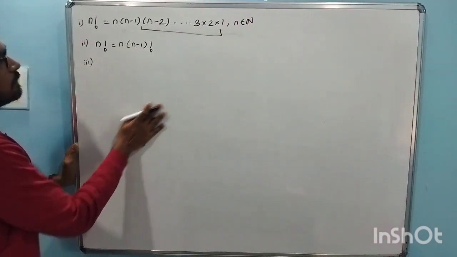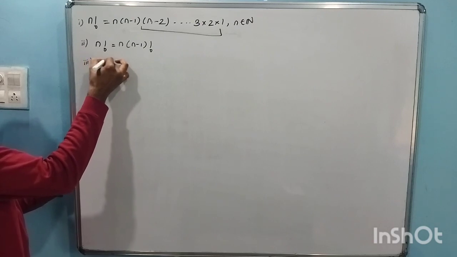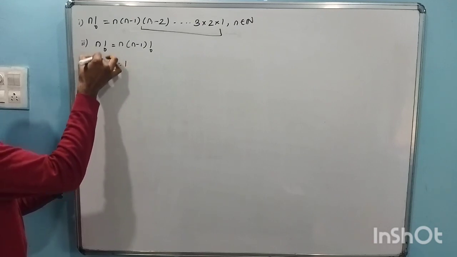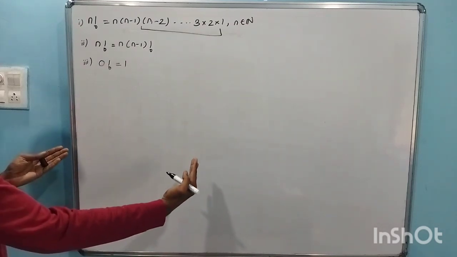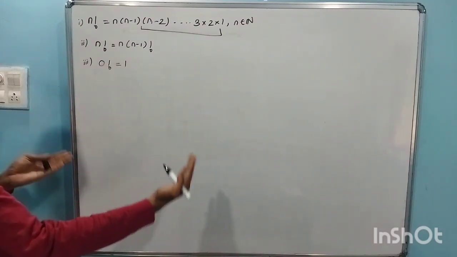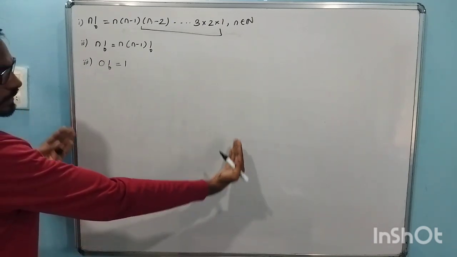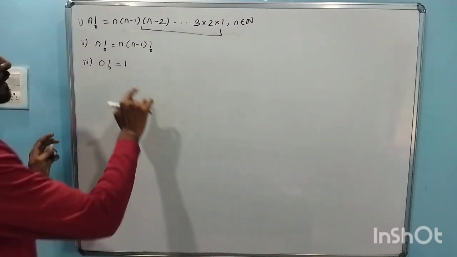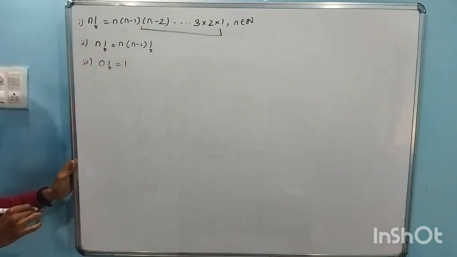So 0 factorial means basically what? Arranging 0 objects at 0 places. So there is only one way we see. Okay, it means arranging no objects. I don't have any objects and I am arranging them here. So there is only one way, which is this, like this, nothing. So that's why we say it as 1. Okay, so these are the 3 properties which you have to know.